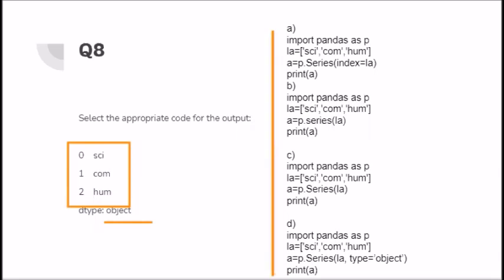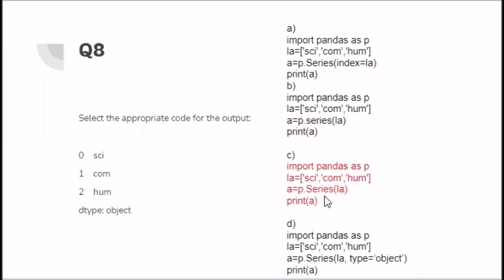So now it's time to think more. Let us talk about option number A. We don't have anything like index equal to LA because we can't initialize the index with the values given in the series. So that goes wrong. Let us check the next one. The problem is the S of Series is small, which should be capital. Now it is capital in the case of C and capital in the case of D. But in D, we have one problem, that is type equal to object. Nothing like that. So the correct answer is answer number C, in which I have Series with S capital and the rest of the things are also matching as per the output.